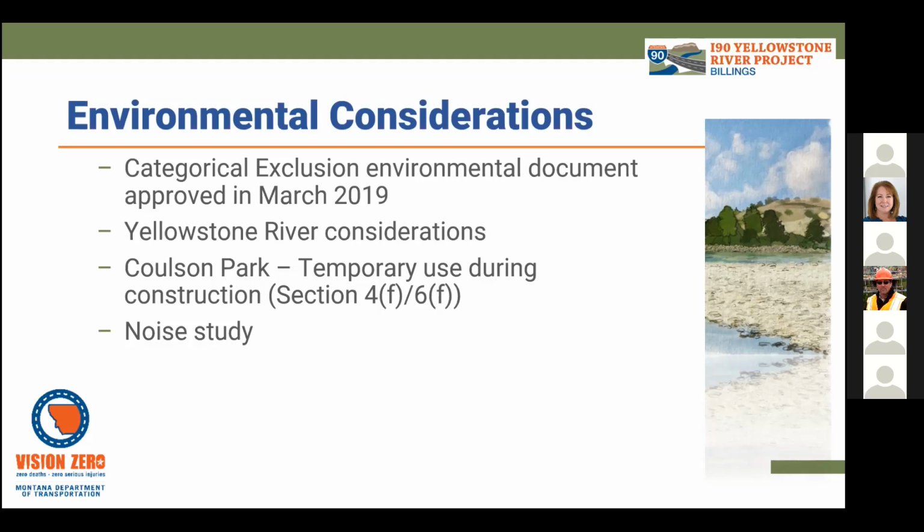One of the predominant natural resources in the project area is obviously the Yellowstone River. It's an important resource in terms of fisheries and recreational resources. This project is going to minimize impact on the river. We've done that, as Dustin has mentioned, in the design process from a hydraulic perspective, but also during construction, there's a tendency for effects to water quality, and so this project will minimize impact on the river through use of environmental standard specifications and special provisions, and these are essentially requirements that the construction contractor will need to follow,